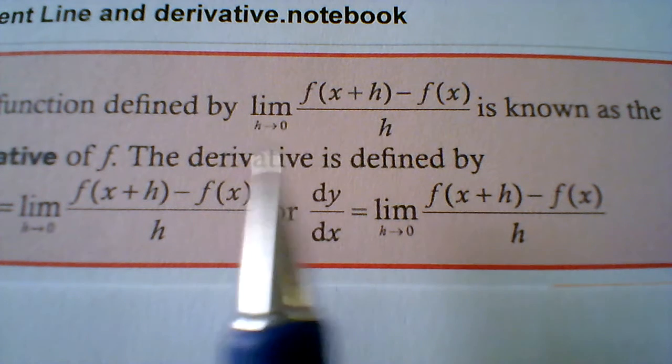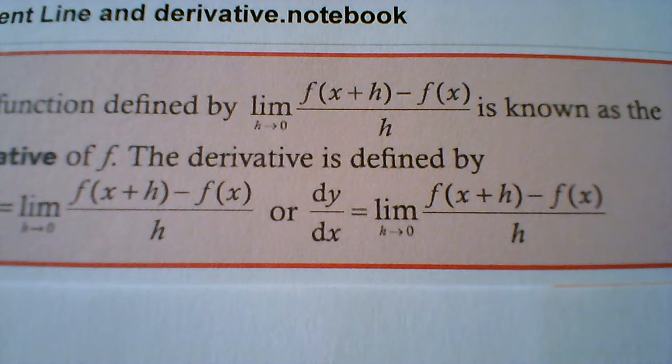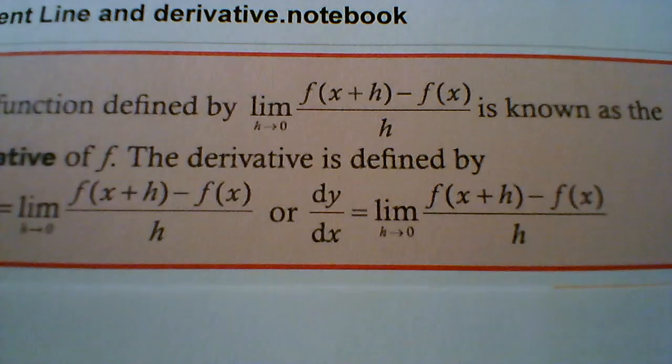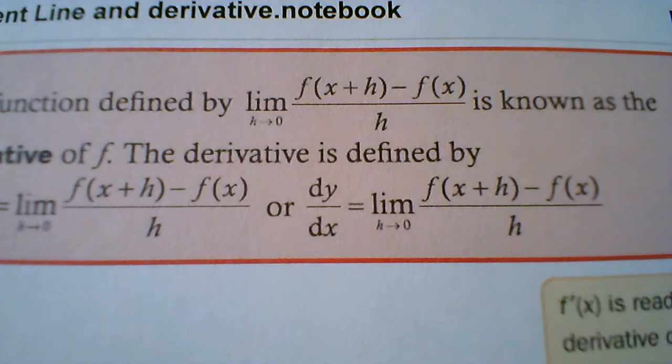Okay? So the limit as h approaches 0 of the slope of that line, that will give us, and it's called the derivative, and that gives us that tangent line, which is the slope at that point and only that point. If we picked a different point, you'd have a different tangent line, right? Agreed? Let's go back